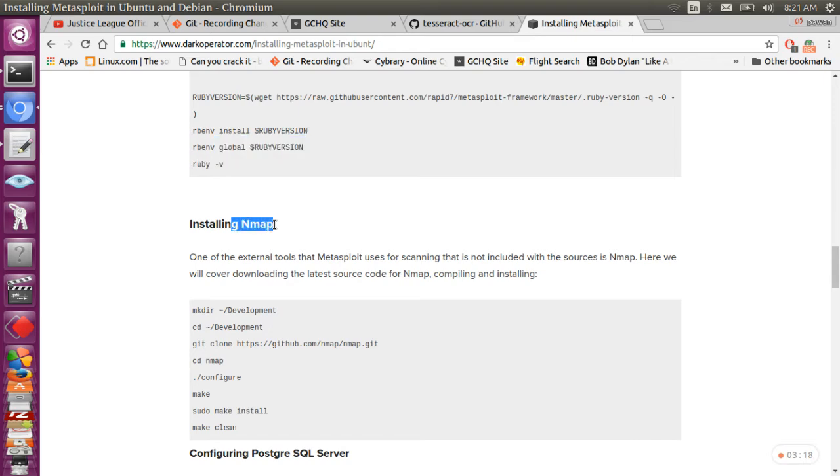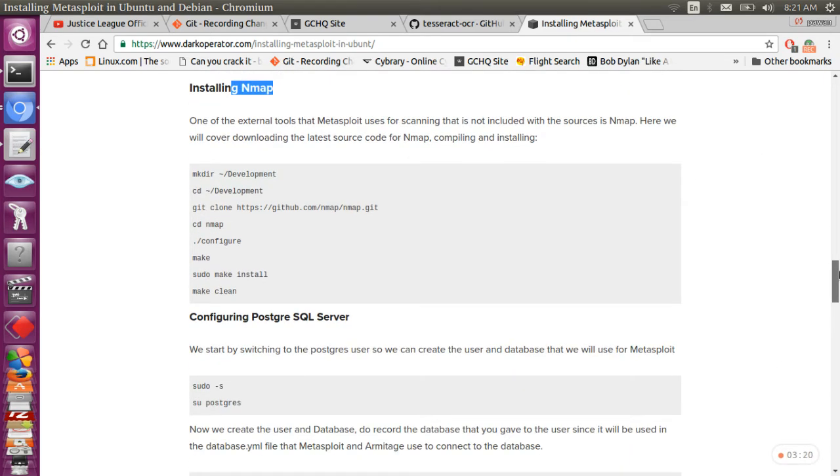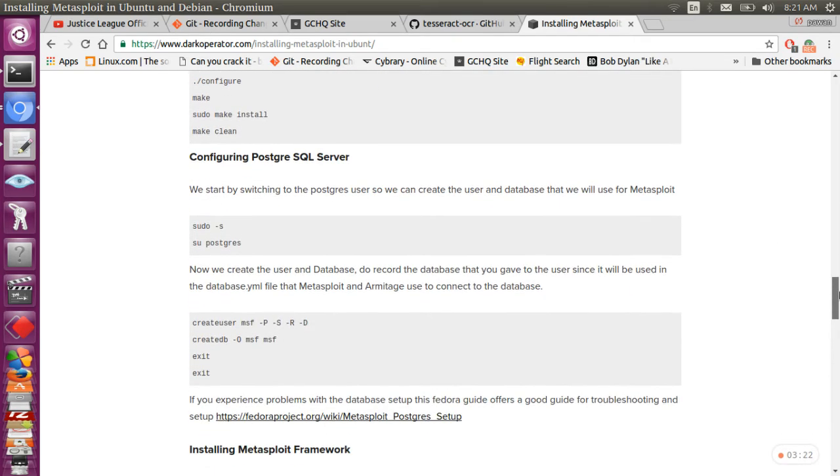Then install nmap. Basically, nmap is a port scanning utility. Now configure the Postgres SQL service. Copy paste these commands. Copy paste these commands. Create user, create DB. This is the username, and this is also the username, and the second MSF is the